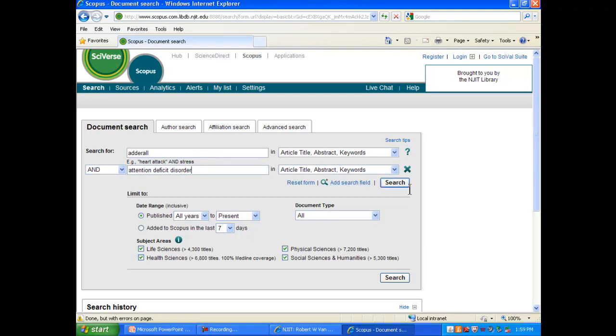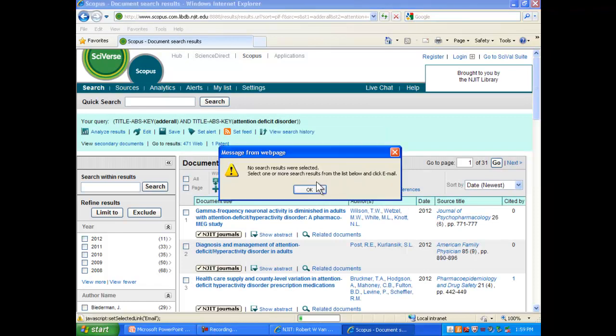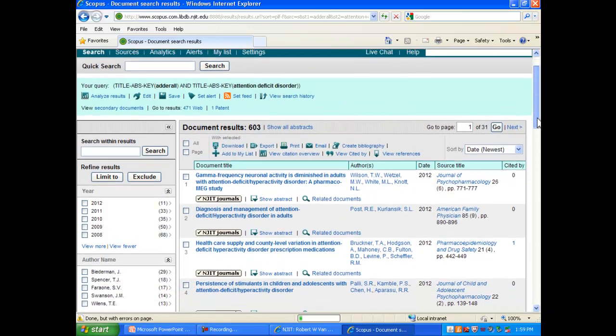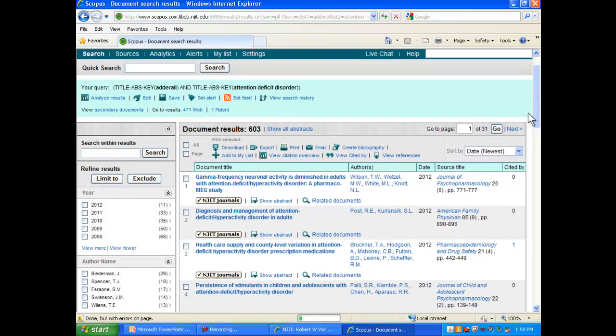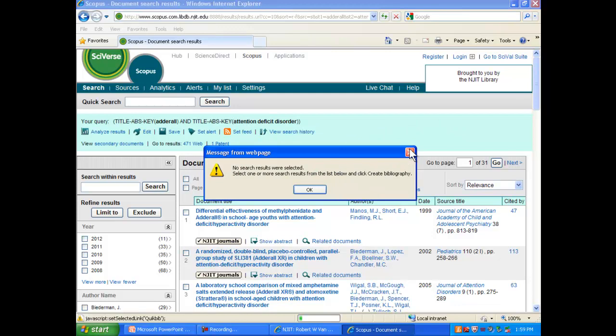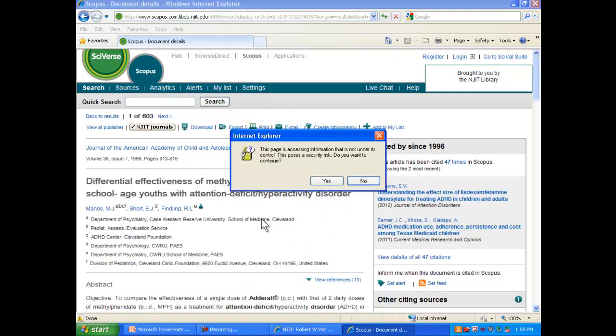Okay, there were 603 hits here. There's a lot more you can do with Scopus, in other specialized operations, but I really don't have the time to go through it here. So what we do here, we can sort by relevance. And again, the same thing is to look at the article, look at the abstract, and click on the full text link and